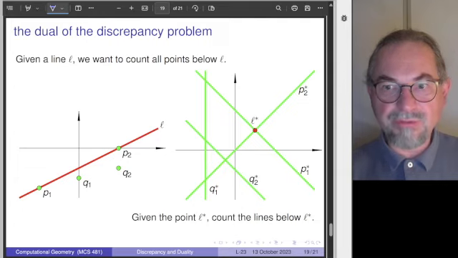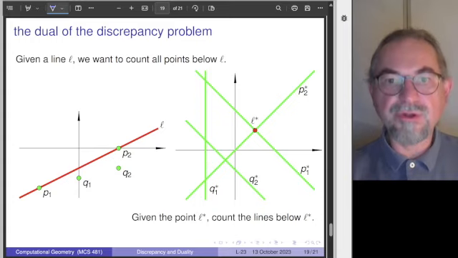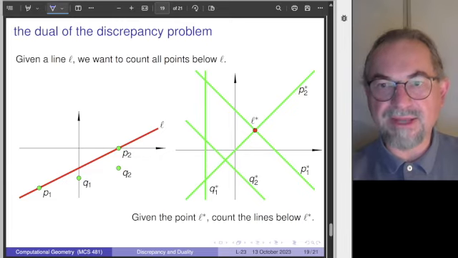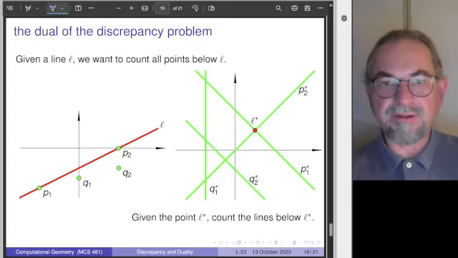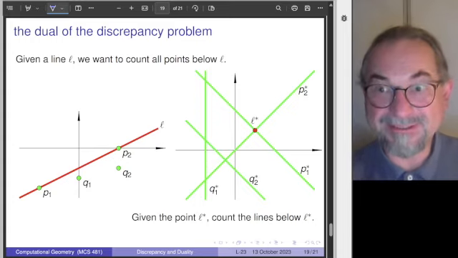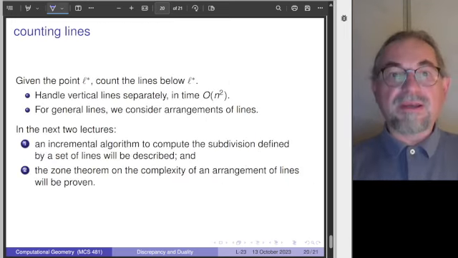What's the intuition here? Why could this now be easier? Well, we're looking for tiny points below a line, and that seems to be harder than looking for lines below a point. So in a way, you can again imagine a horizontal line through the height of the dual of that line, and then you simply count the number of lines. So lines are bigger objects, better to see. That's kind of where the intuition lies. Okay,